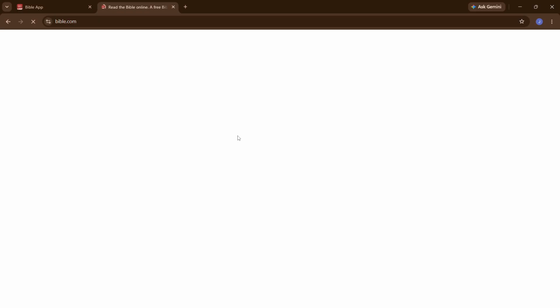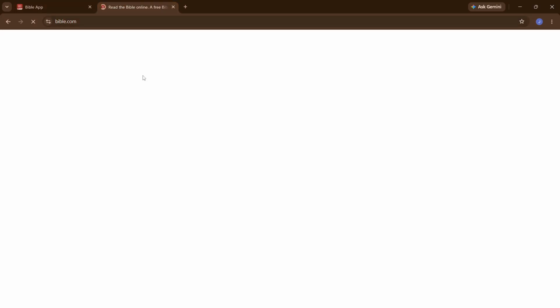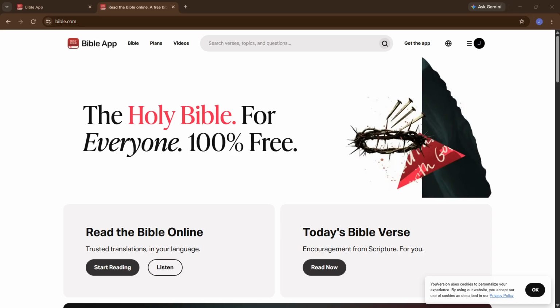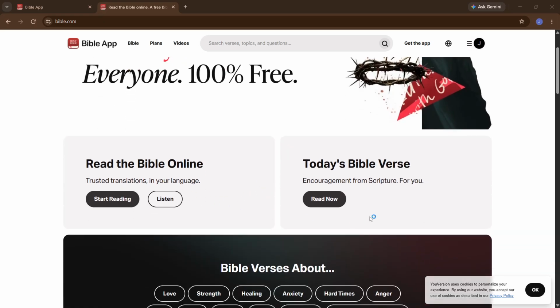At this point, sign in or create a free account, which is optional, to sync your notes, bookmarks, and reading plans. Look for the Sign in or Create Account option in the top corner of the app window. If you already use YouVersion on your phone, sign in with the same email so your highlights, completed plans, and bookmarks appear automatically on your PC. If you are new, create a free account in a few short steps, and from now on your reading progress will follow you across all your devices.